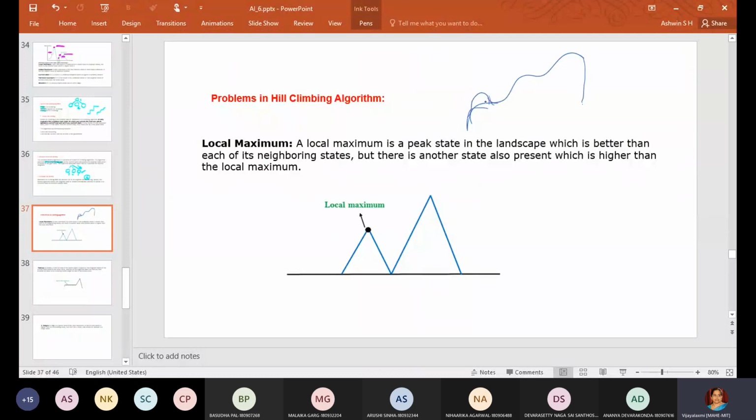It has reached here, but when you write a program, it doesn't know whether it is the highest or not. It is as good as climbing the hill blindfolded.